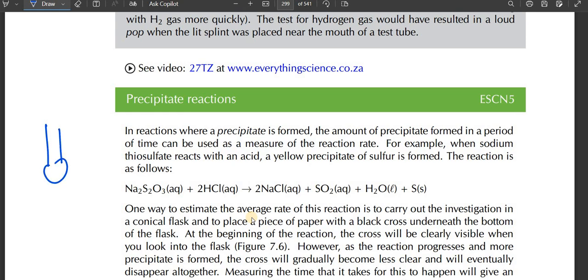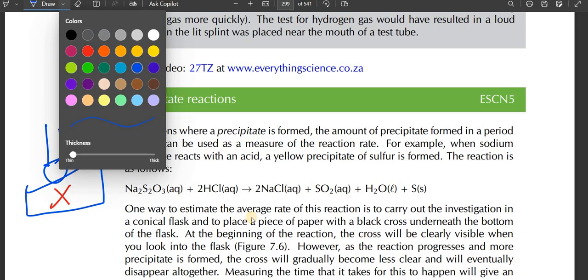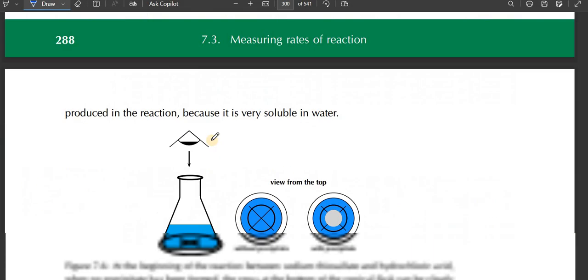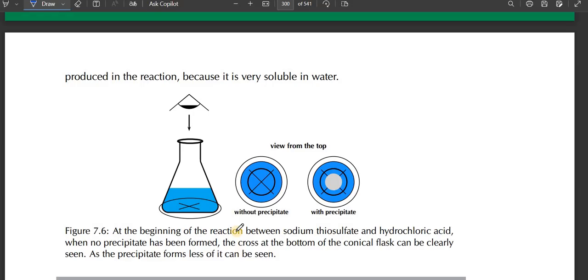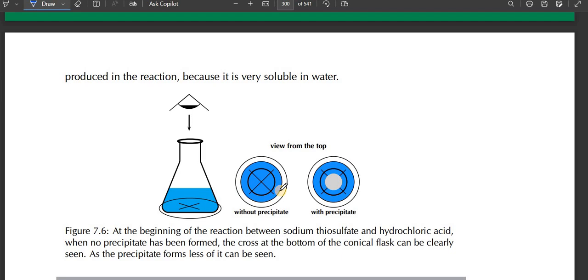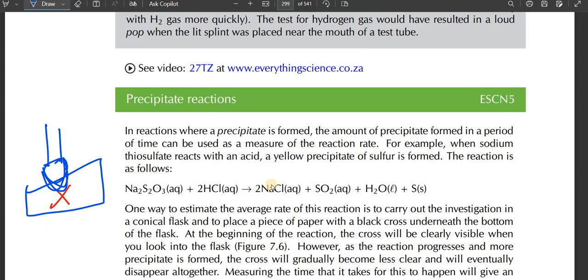Now that beaker, we put a paper, and then on that paper what do we draw? We draw an X. So that beaker will be, my beaker is very ugly, but you will see a nice one there, right? My drawings, guys, they will throw you off, but this one you will actually see that it's more beautiful, isn't it? Just beautiful. So what is happening here is that we're trying to measure the rate of a reaction